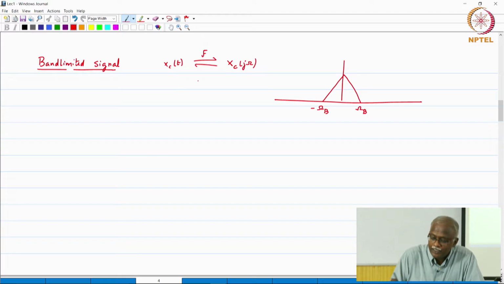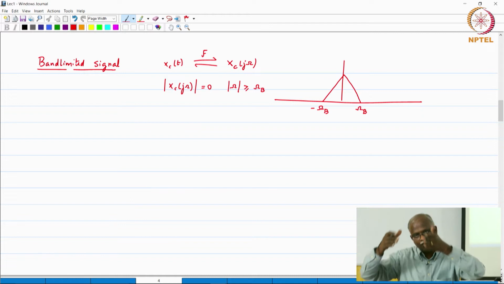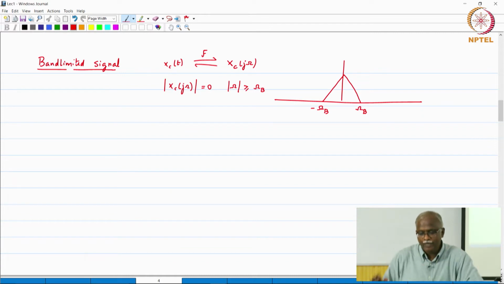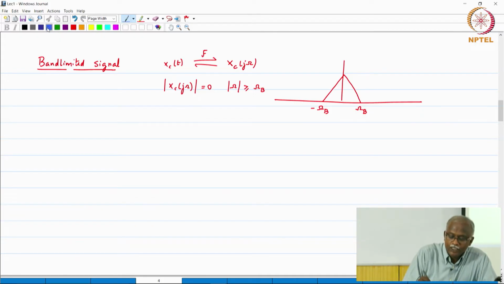So, the property that this particular signal is satisfying is that xc of j omega is equal to 0 for mod omega greater than or equal to omega b. In other words, your spectrum has died down to 0 by the time you hit omega b, and there are no spectral components outside of that. Okay, so in this framework, we have the Nyquist sampling theorem,